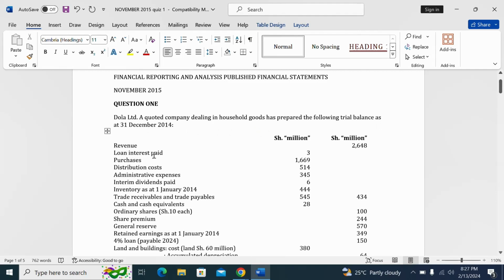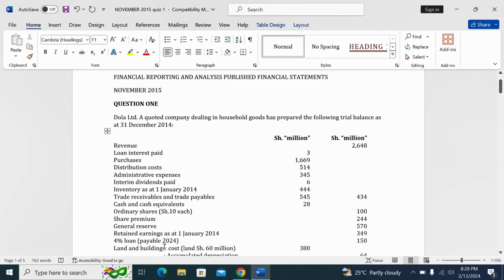Revenue, loan interest paid, purchases, distribution cost, administrative expenses, interim dividends paid, inventory as at 1st January 2014, trade receivables and trade payables, cash and cash equivalents, ordinary shares of shillings 10 each, share premium, general reserve, retained earnings as at 1st January 2014,